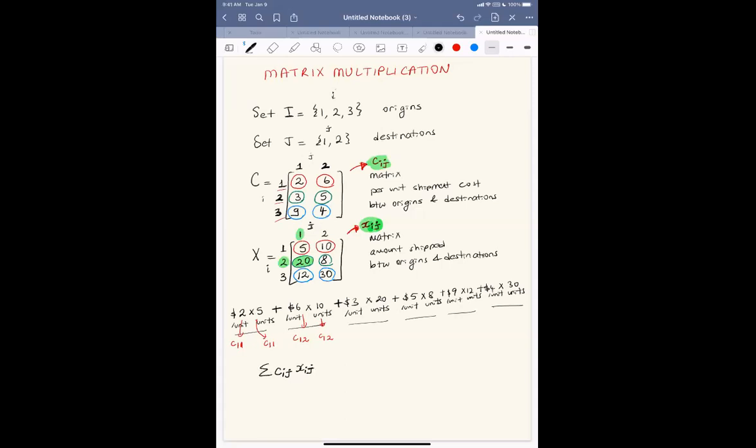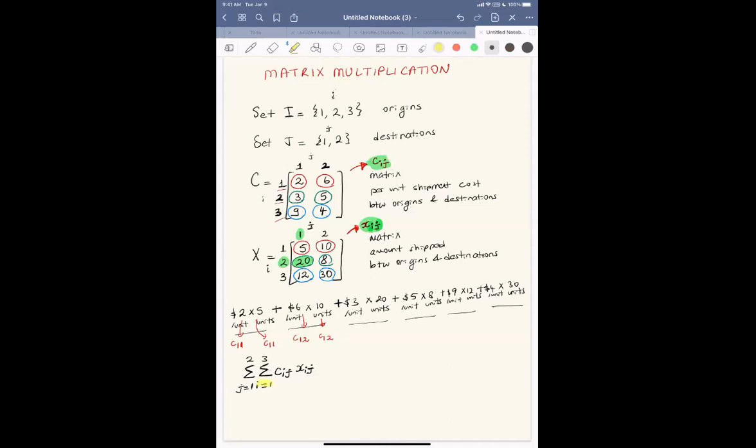Well, we did this for each origin, so 1 through 3, and then for each destination, 1 through 2. So don't forget to indicate the range of values i and j take, and we're summing over. The summation sign just says you're summing, but you need a double summation sign to indicate that you're iterating over both